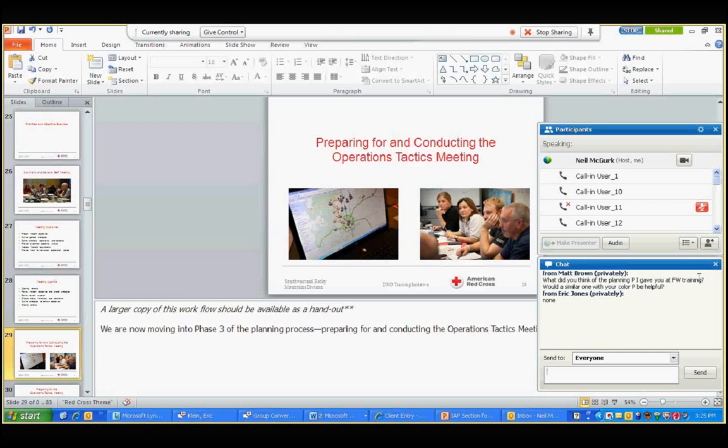Hey, Neil. I was referring to the one I handed to you that outlined where the different forms fit in the planning P process. Ah, yes. So at this point, I would say just use the picture of the planning P. The only reason is because there are some forms that we're not going to be using, and we haven't really finalized within the national organization what the final template for a Red Cross IAP is going to look like. So I just don't want to confuse anybody. So I'd say until we get that defined, just stick with the picture.